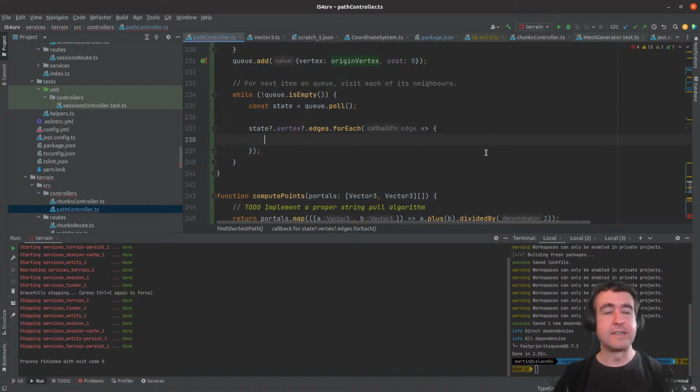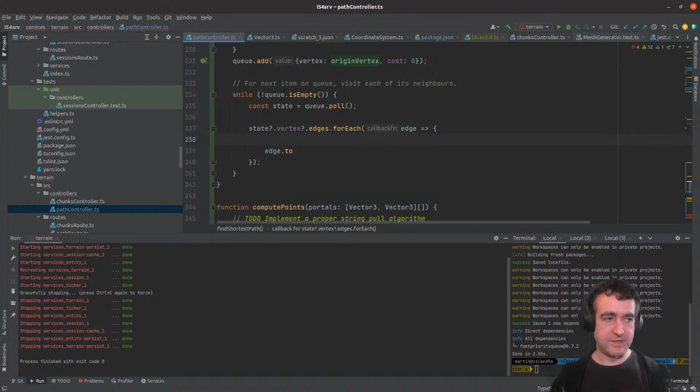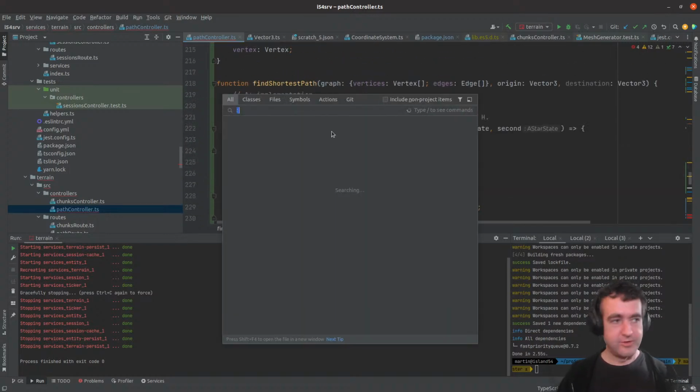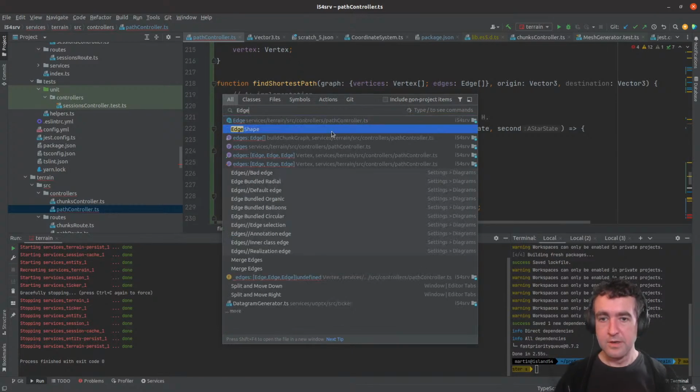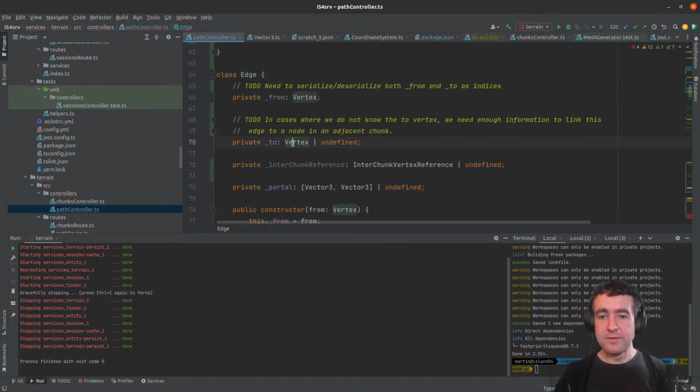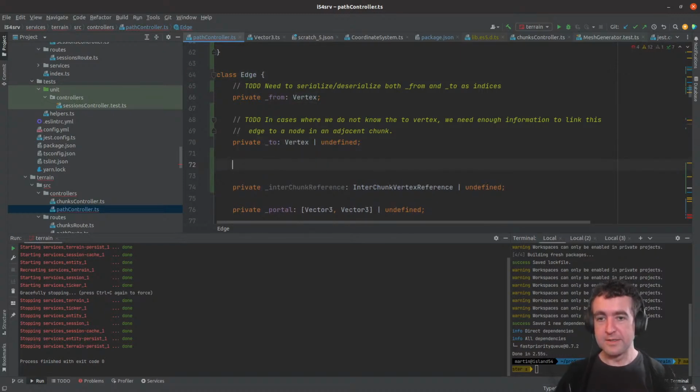Now, visiting it is pretty easy. I just dot 2. I need to know the cost of the edge. I suspect I'm not storing that yet. Edge. There it is. From, to, and